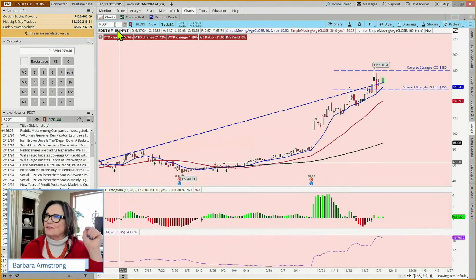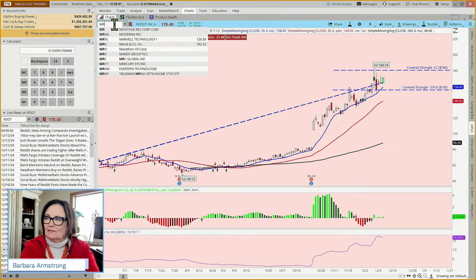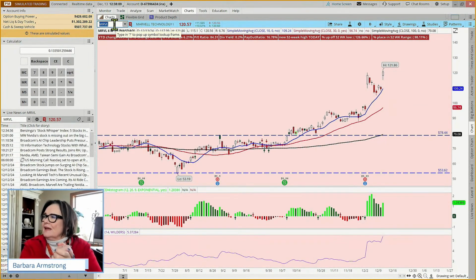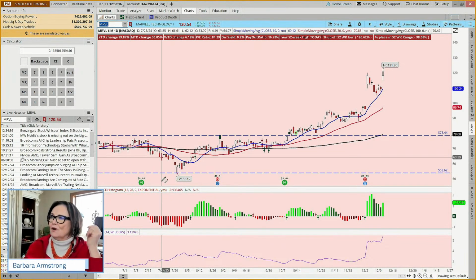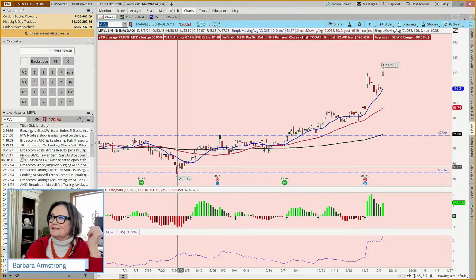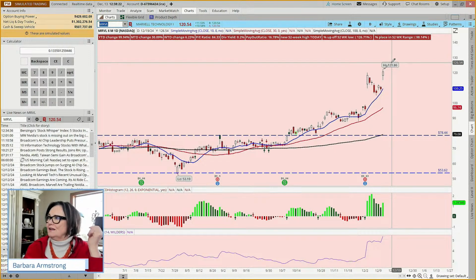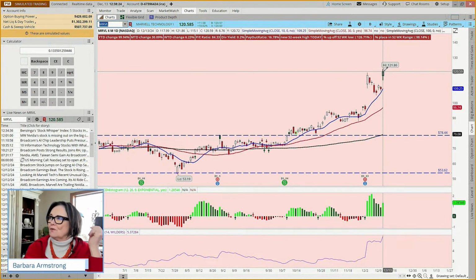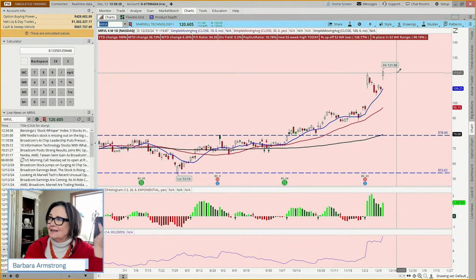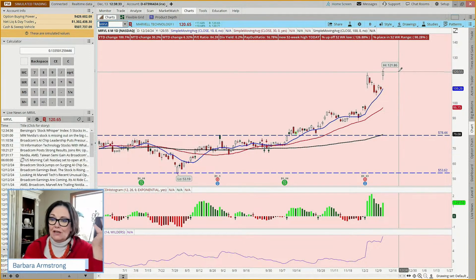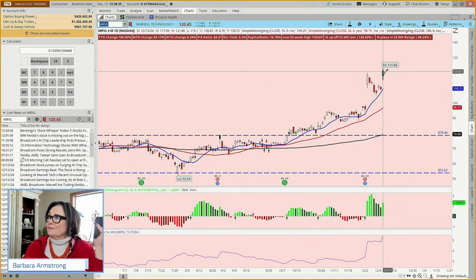If we wanted to do a third example, we could look at Marvel. And Marvel gapped up today. And so, again, this is a stock that's more than doubled since its low in the last 6 months. Back here on August 5th of 53, it's come up here to 121. And again, this is hitting a high. So you might say, really? Is this really what we want to be doing today? But we could take a look at this.